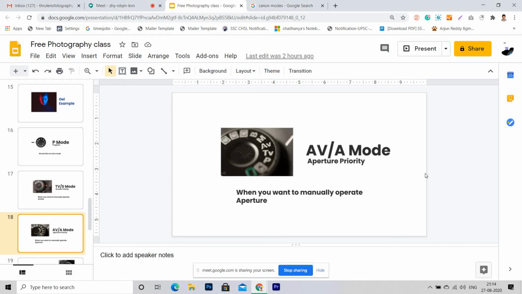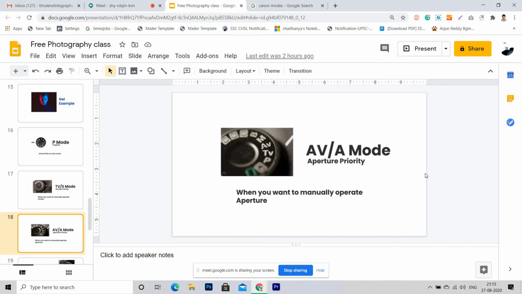So here two types are there. If you give f1.8 or f2.8, only that car will come and rest will come blurred. But if you keep f5.6 or f8, full car and along with traffic it will come. So if you want such kind of aperture you want to decide, but how fast shutter should work, let camera decide.